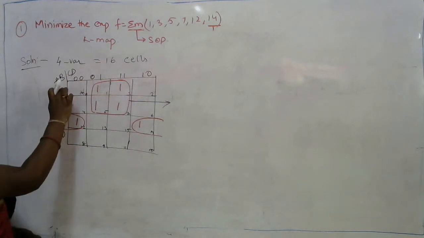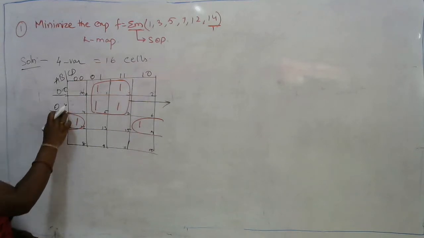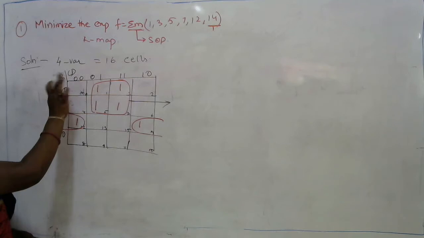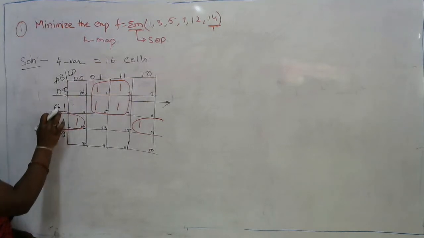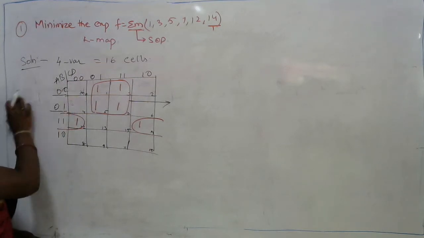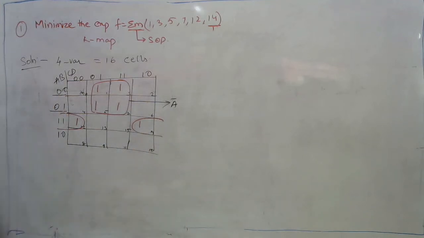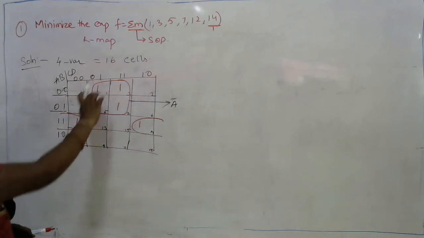So here I am doing whatever the numbers which are in the opposite, that will be cancelled out. So here 0 and 1 will be cancelled out. This is related towards the b. So b variable is going to be cancelled out. Left over with only 0. This 0 is related to a. So the corresponding row is a bar. As a is having 0, it is a bar. Now I have completed the row.